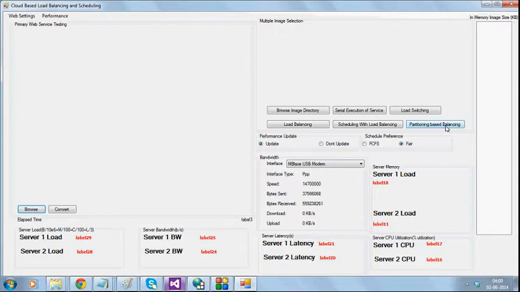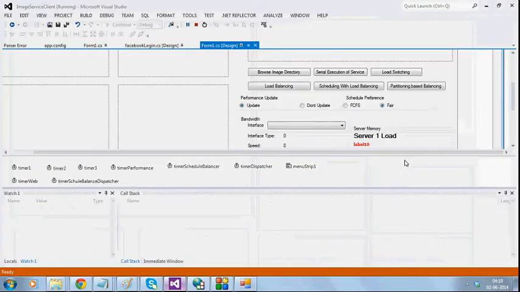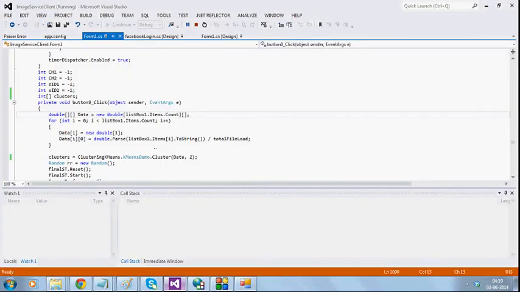The partitioning based load balancing is a technique which is predominantly a game theoretic technique. We are going to first divide the loads into clusters, classify the clusters, and then check the cost of the server based on bandwidth parameter, latency, load, etc. And based on the cost, we are going to schedule. Now, if I could show you how things work,